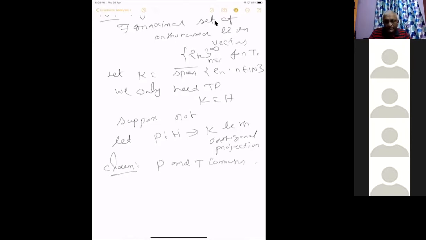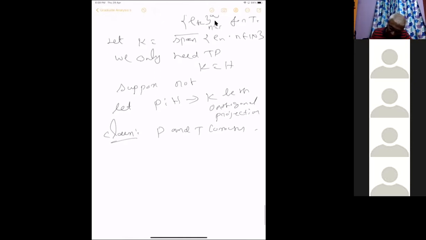If they commute, then P times T is normal. Okay, if they commute, they are normal. I will come to that. Okay, P and T commute. Why does it commute? We have to prove TP equal to PT. TPx equal to T of